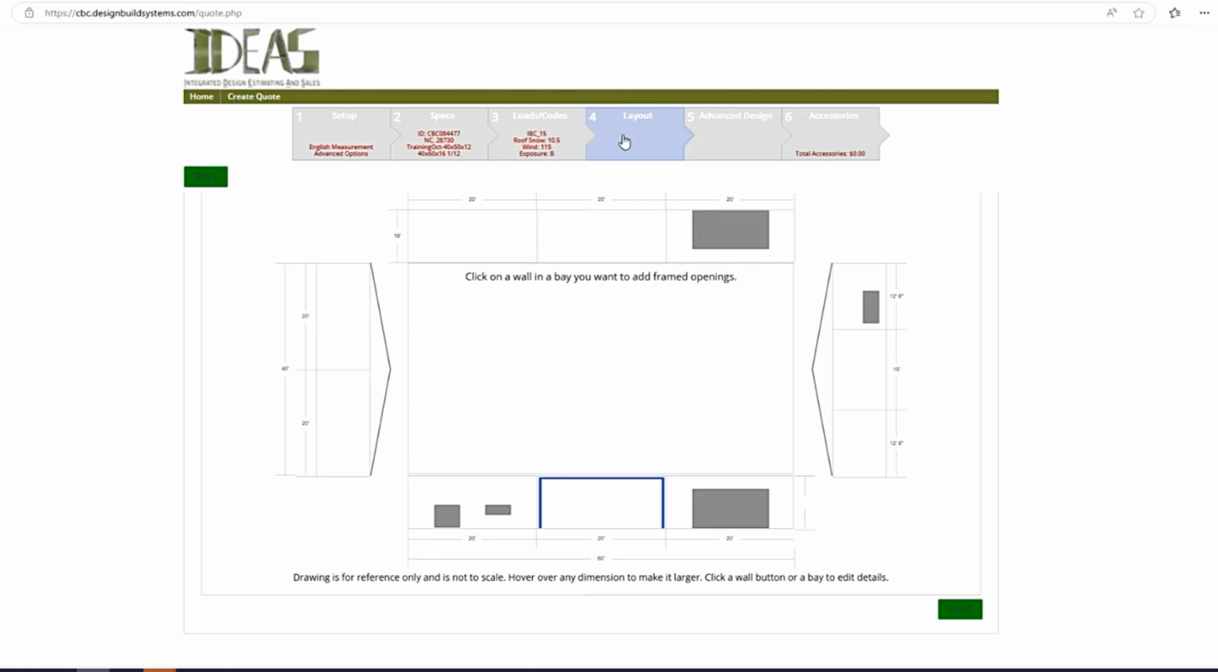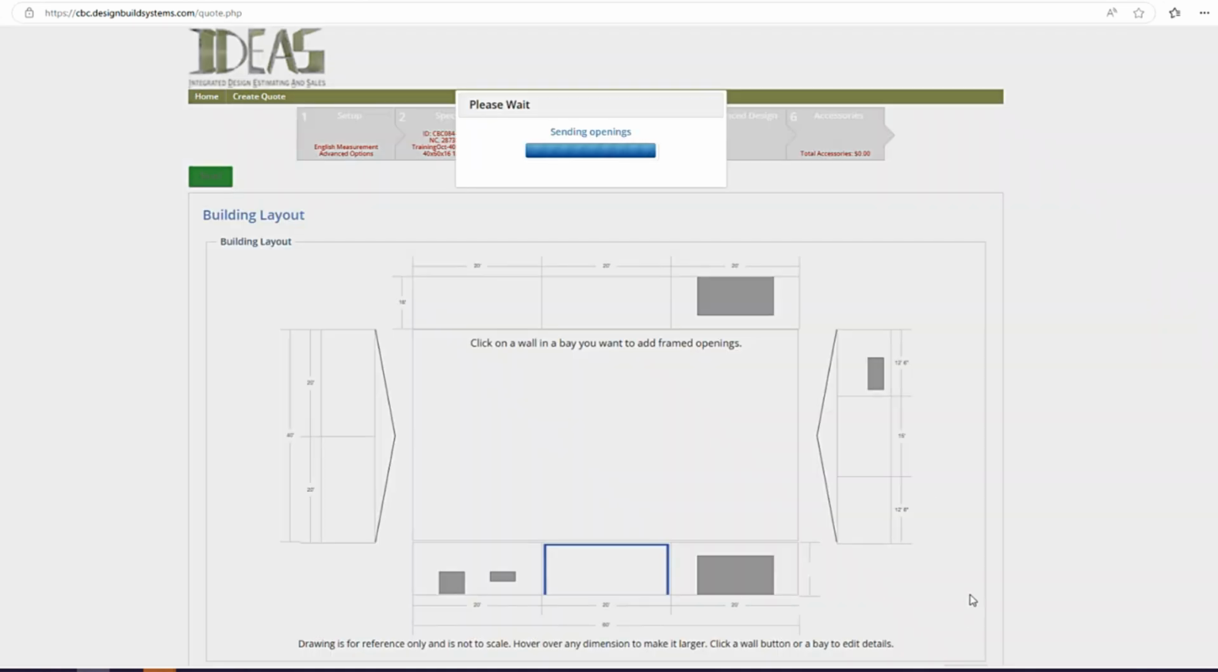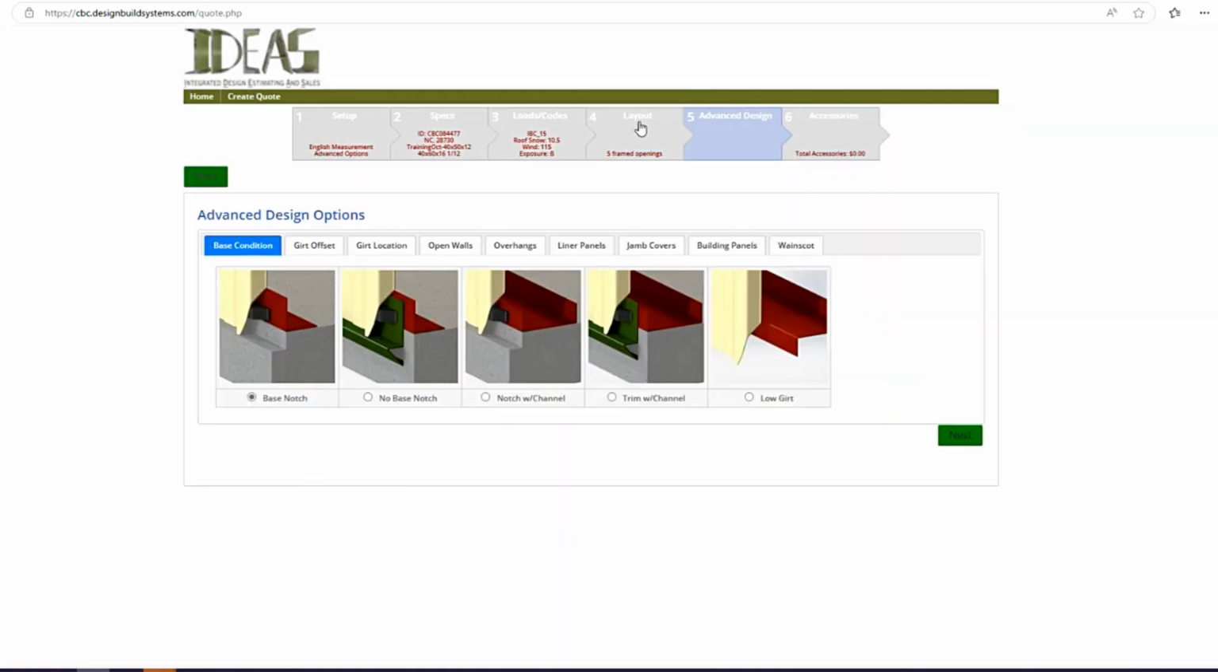Right, so once I say done, again, I'm on the layout tab. I've entered framed openings. I've checked the building looks like I want it to look like, and then I can go next and go to the advanced design tab. With IDEAS, you can bounce back and forth between the advanced tab and the layout tab only. So if you